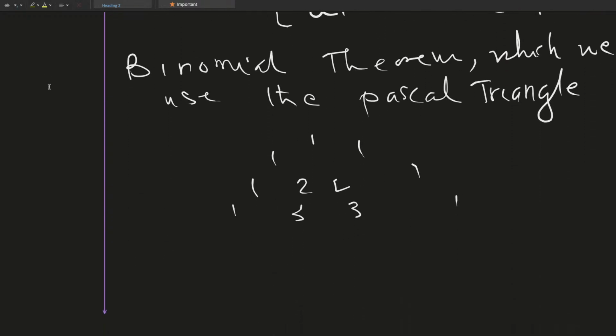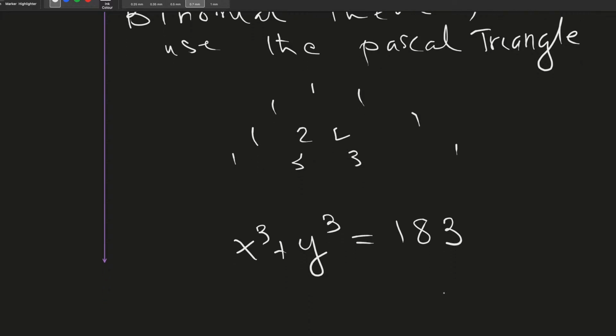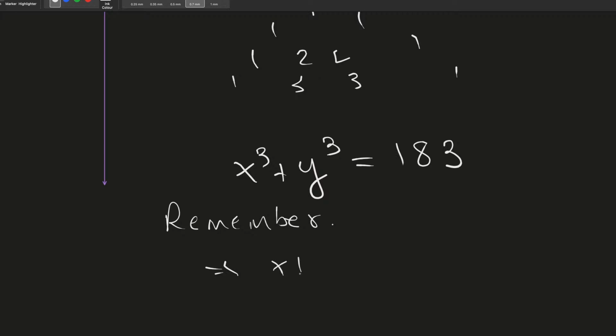Okay, now let's look at it. So our question is, now we have x cubed plus y cubed is equal to 183. How does it help us? Okay, remember that we can say that (x plus y) cubed, by the binomial theorem, will always give us x cubed plus y cubed